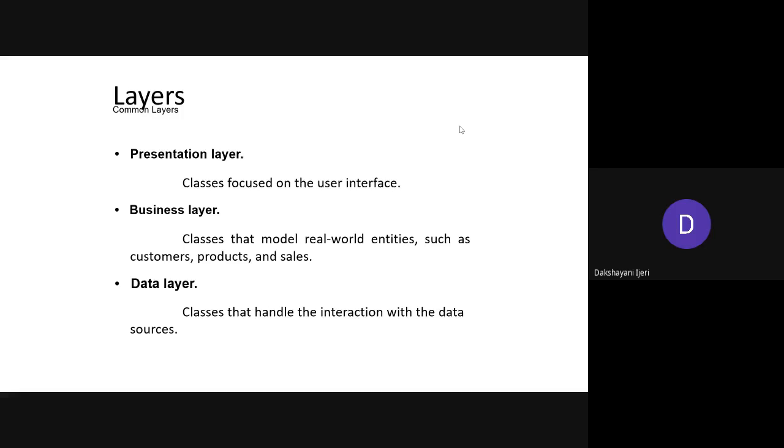So what is meant by these layers over here? What has been suggested for you to follow as the designing principle is, whatever project you are going to work on, make sure that you divide your entire project into different layers. Like the modules you include as a presentation layer, the modules you include as a business layer, and some of the modules you might include in a data layer.